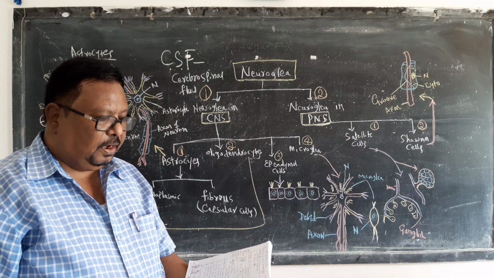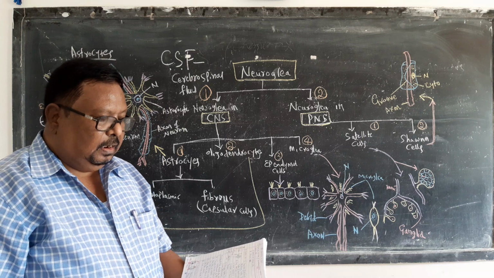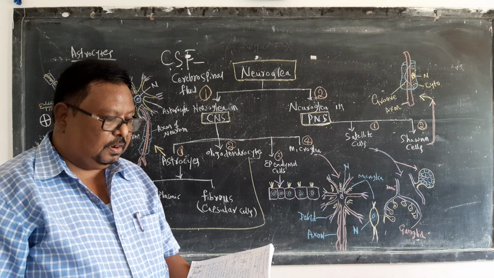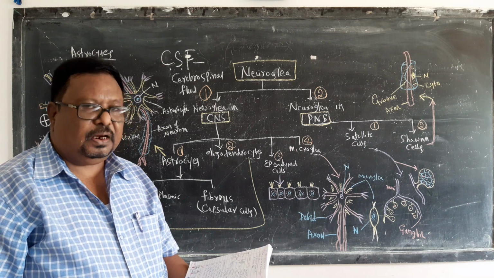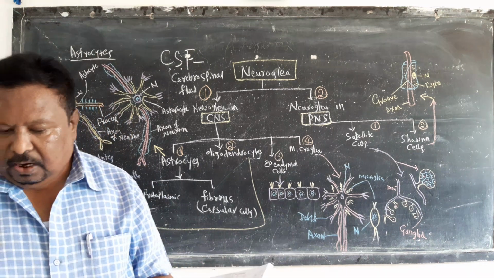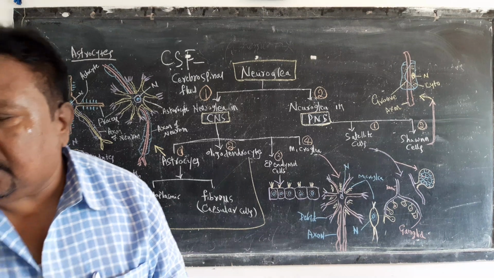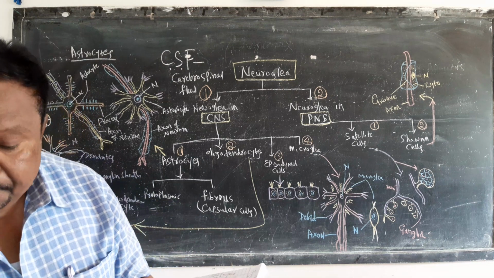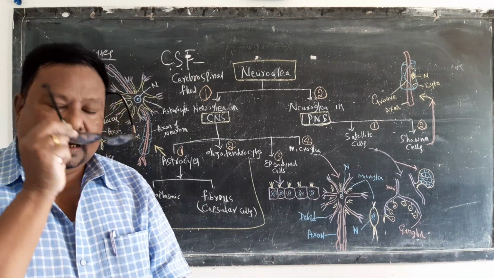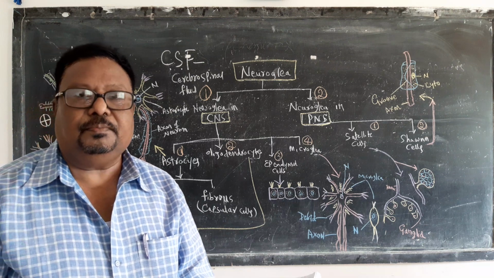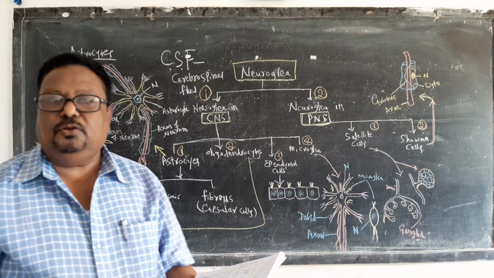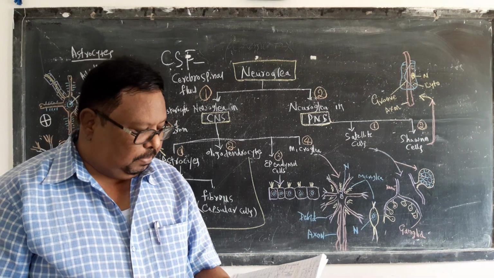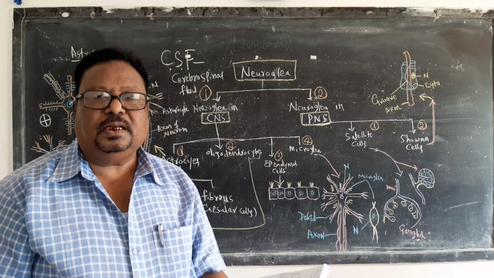They also have phagocytic activity. They are phagocytic in nature and remove cellular debris, which helps in the growth of the peripheral nervous system. They remove the cellular remnants, the dead cells or dead neurons. In the peripheral nervous system, some neurons are dead and some cell debris will be there, and all these are removed by Schwann cells by their phagocytic action,